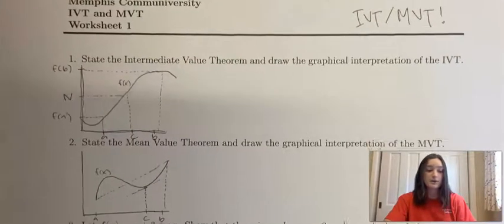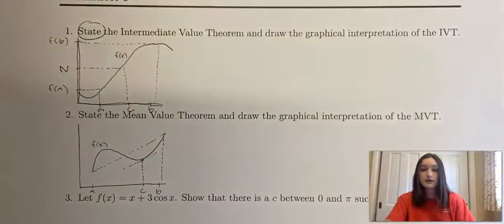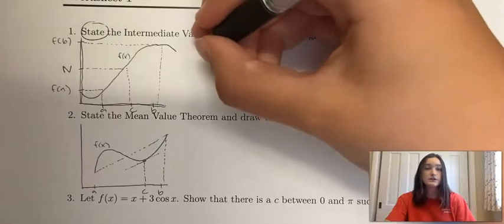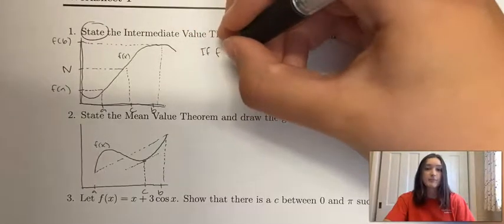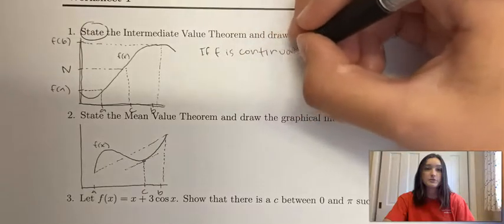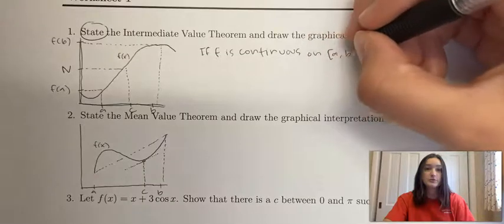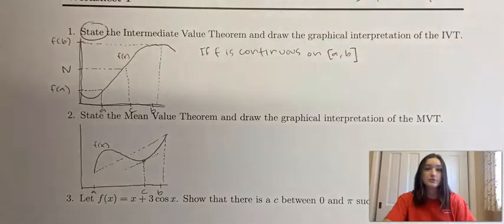IVT is kind of a weird one because it's not really a calculus topic. You're not taking derivatives of anything. You're just basically writing a sentence to prove that a number exists. So I'm just going to start with the first part of this sentence that you have to write. And the first part says, if f is continuous on the interval a to b,